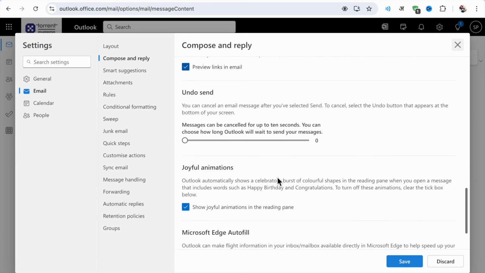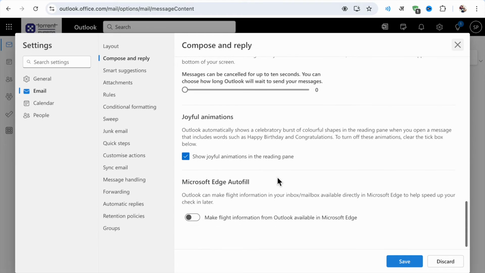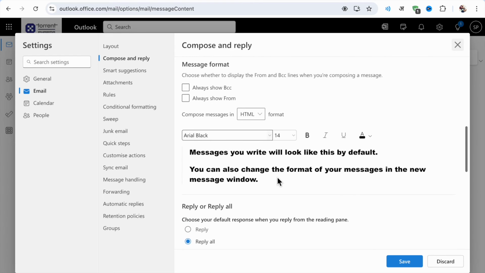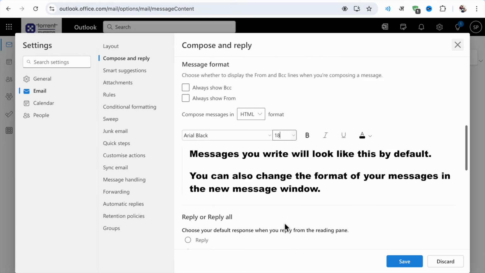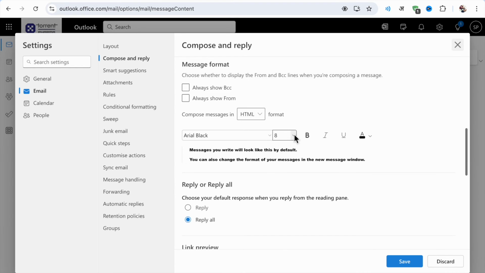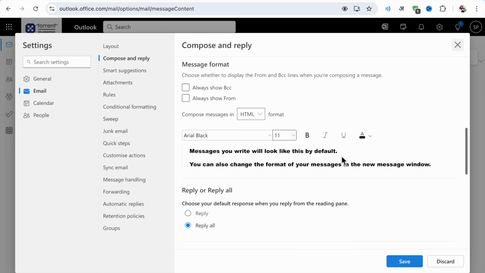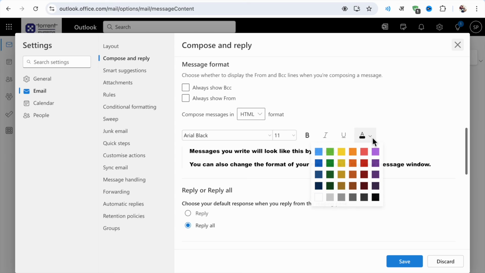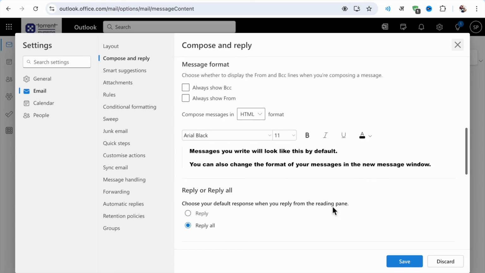You can change all the other settings also, and like this you can change the size of the text from here. You can change all these things, and after that you can underline, if you want to underline, or you can change the color of the text from here, and then you can just click on save. Like this you can change